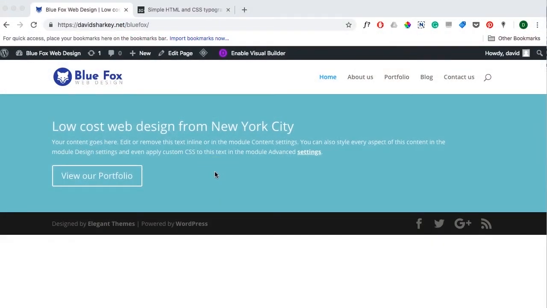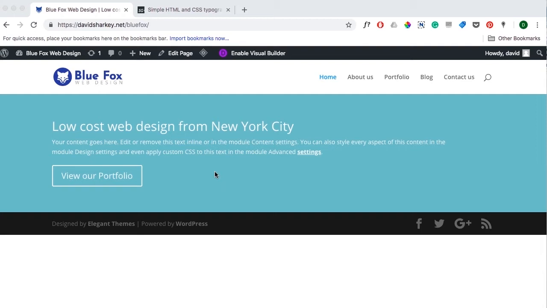Okay, let's take a look at the typography, which is one of the most important aspects of a website. Poor typography choices can make your website difficult to read, and if a website's difficult to read, the user might just go elsewhere. So I want to share with you a little trick that I use when selecting the fonts